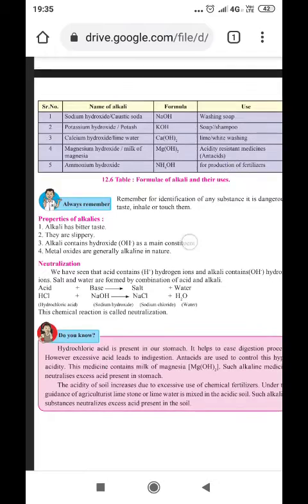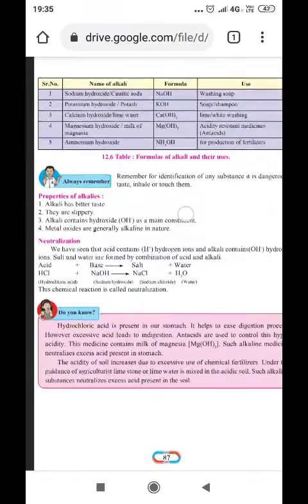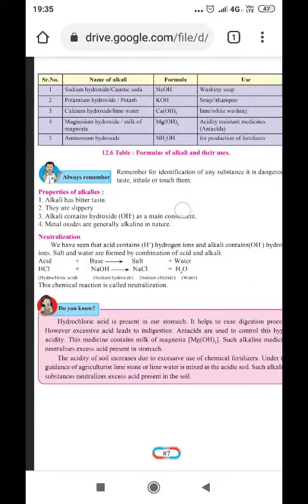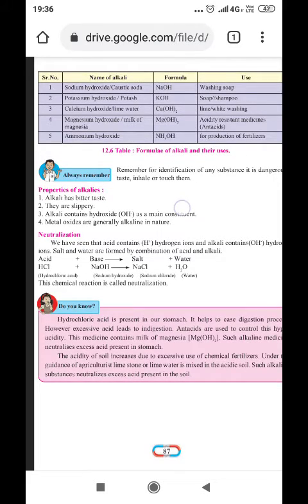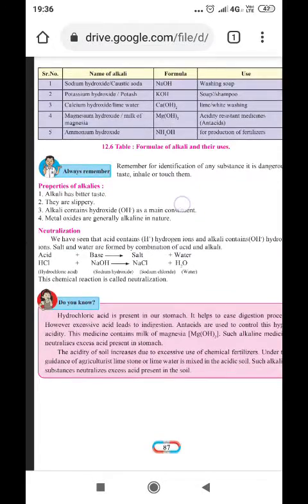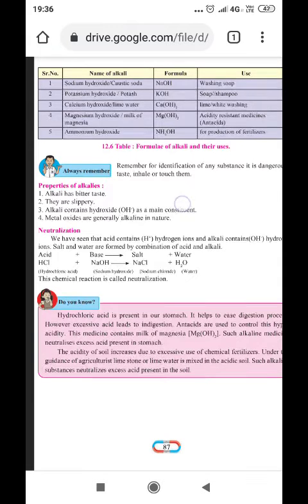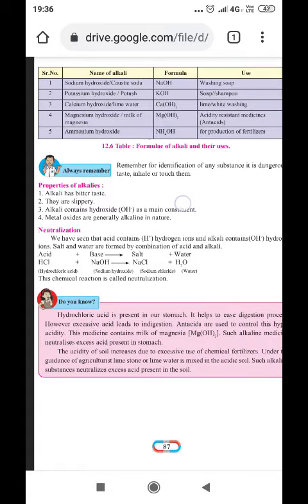Now the name of the alkali, the formula and the use of it. Sodium hydroxide, which is also called caustic soda, formula is NaOH, used for making washing soap. Similarly, potassium hydroxide, also called potash, whose formula is KOH. All are capital letters: potassium, oxygen, and hydrogen. It is used in the making of